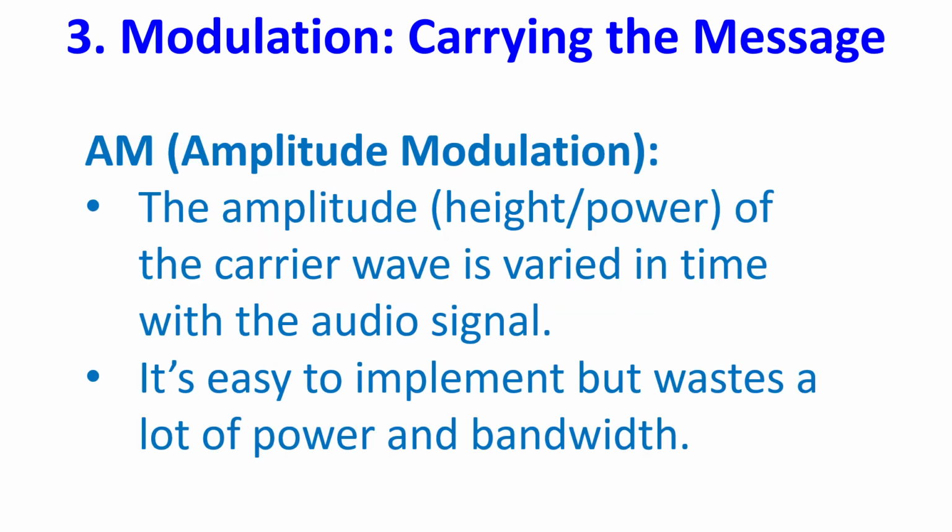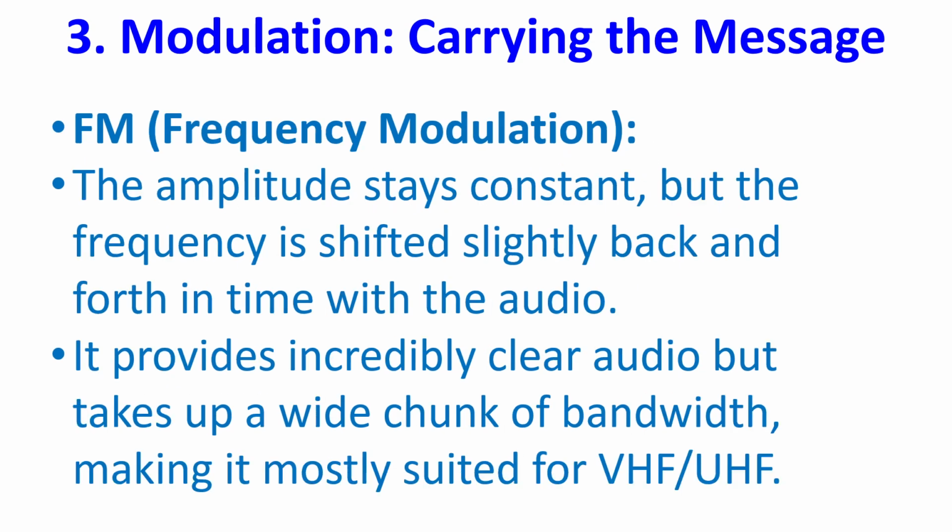AM, or amplitude modulation. The amplitude, that is the height and power of the carrier wave, is varied in time with the audio signal. It is easy to implement but wastes a lot of power and bandwidth. Frequency modulation. The amplitude stays constant, but the frequency is shifted slightly back and forth in time with the audio. It provides incredibly clear audio but takes up a wide chunk of bandwidth, making it mostly suited for VHF and